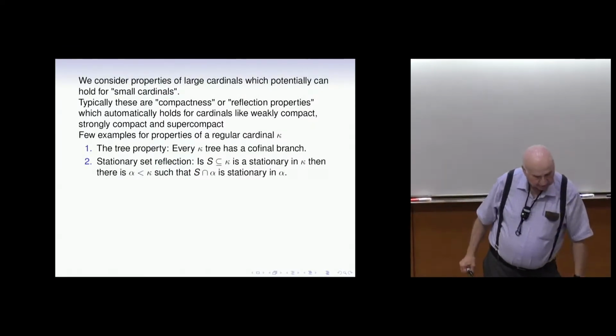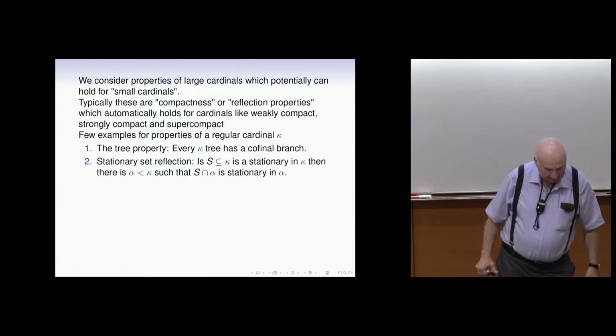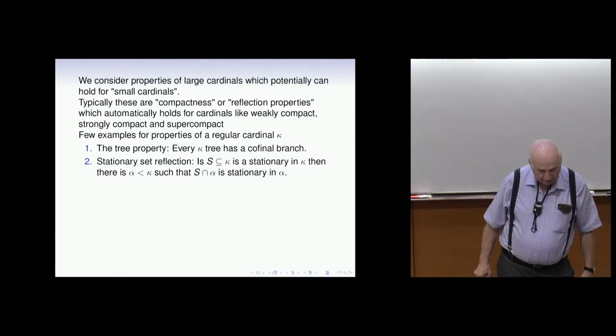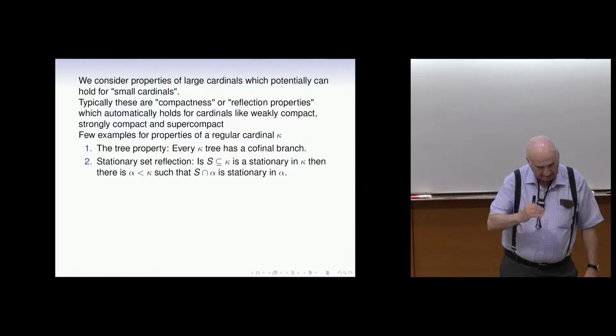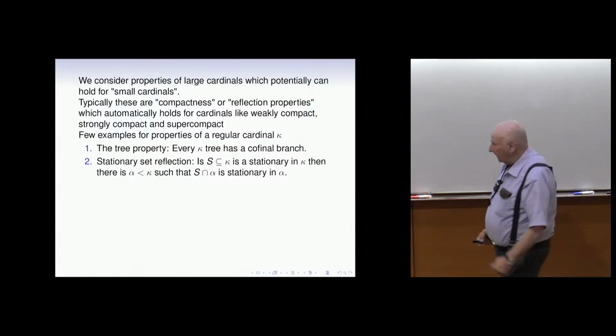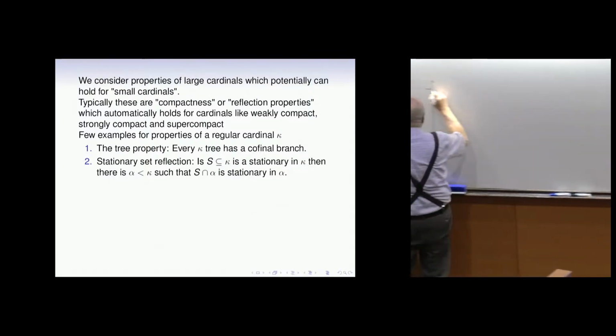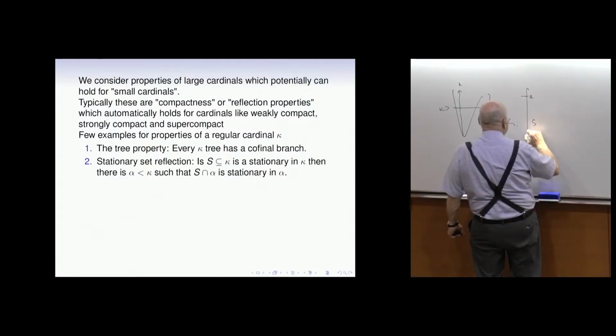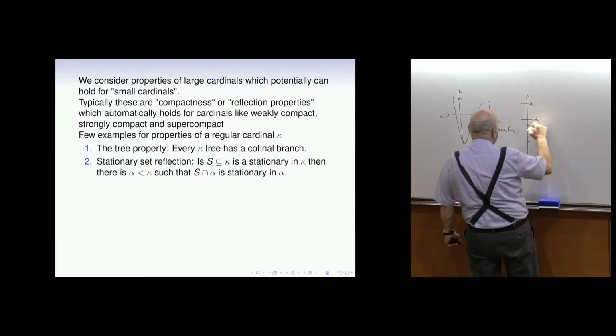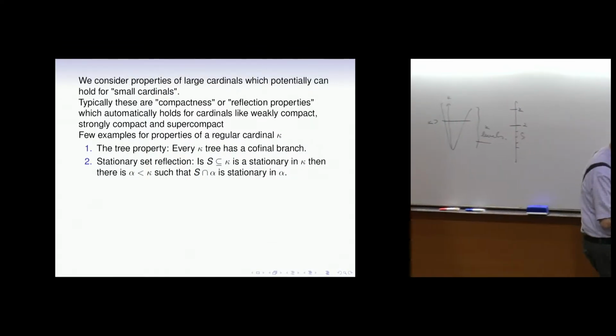Stationary set reflection: suppose you have a set S which is stationary in kappa, then you can find some initial segment such that S is stationary in that initial segment. Here is kappa, here is S, and you can reflect the fact that S is stationary to some smaller